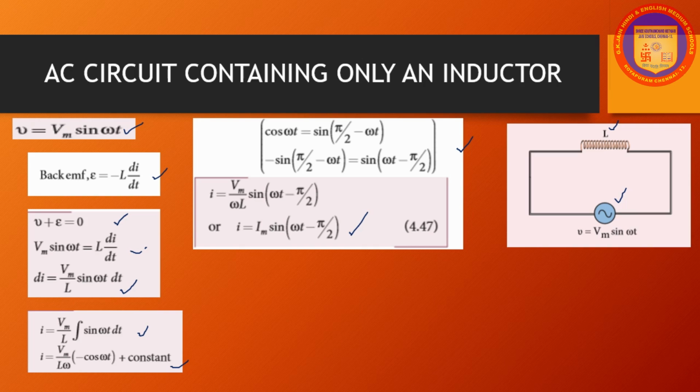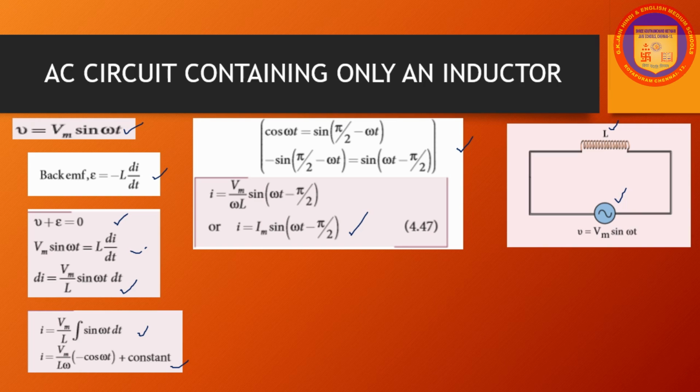So why are we writing the cos into sine? Because for the sinusoidal curve, everything will be represented in terms of sine theta. In the same way, we are bringing the terms and comparing them with each other. As we see in the phasor diagram, and in this wave diagram also, the current lags the voltage by 90 degrees.